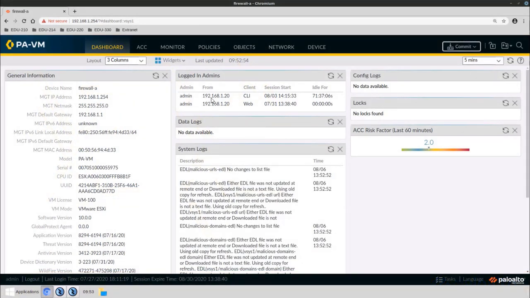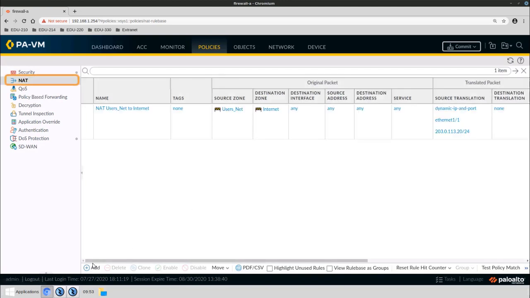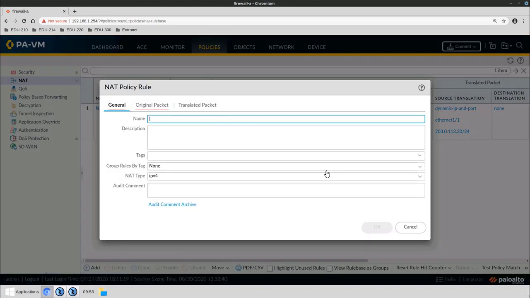Just like source NAT, destination NAT is configured under Policies, NAT, and you use the same configuration window to define the general part of the rule as you do source NAT. As an example, I'm going to create a destination NAT rule that maps a public IP address, 203.0.113.125, to an internal host with a private IP address of 192.168.50.125. So under the General tab, I'll specify the name,